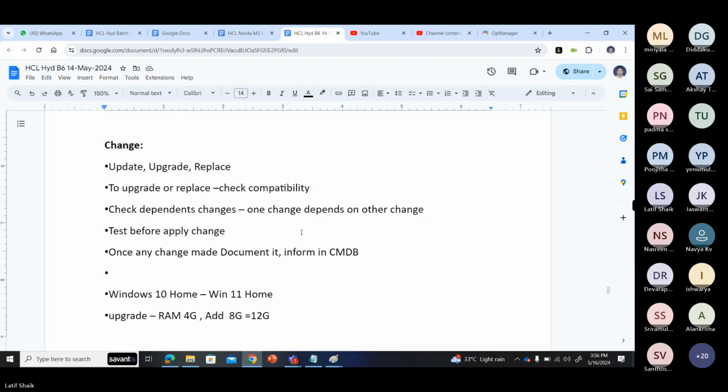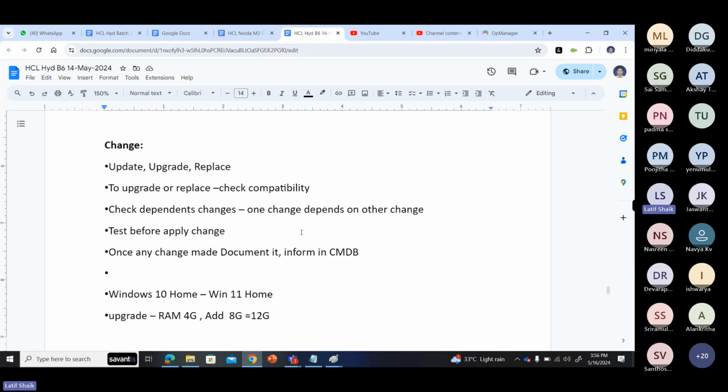better result than earlier. For example, if I increase my RAM capacity, then my system has to function better than earlier, right? I change some piece of code, so then it has to do something better than earlier. It has to give some easier functionality. So why do you require a change? You have to define why the change is required.